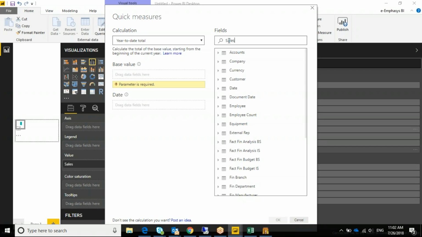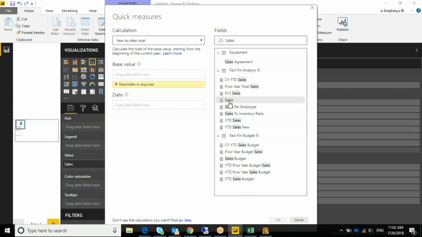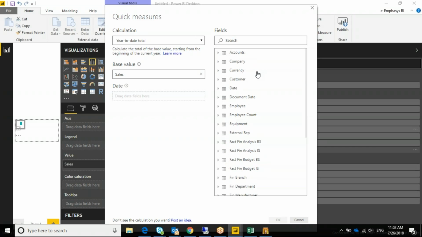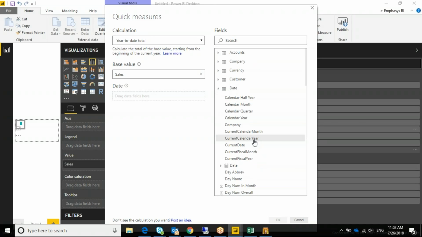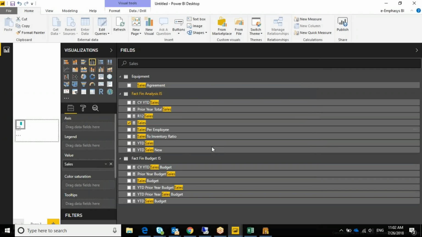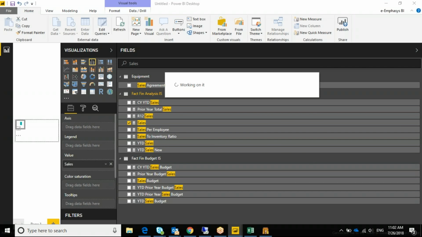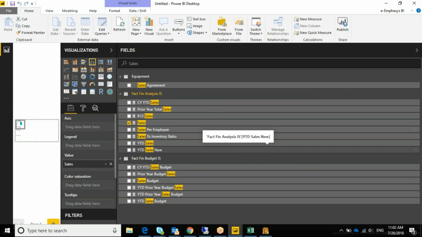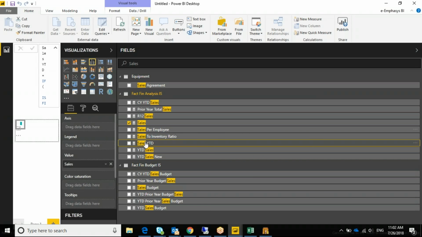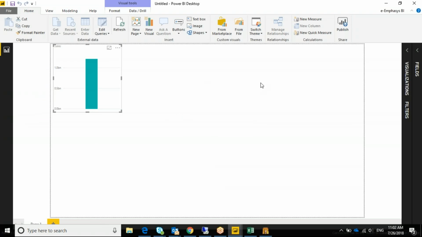sales, or cost, or whatever you want to create a year-to-date for. And then you want it based on the date, so select the date element in here, and hit OK. It's just going to create a year-to-date calculation. It's more like a guided tool for creating a year-to-date, like sales year-to-date. In the background, it's written all that crazy DAX formula that we write, but you don't have to worry